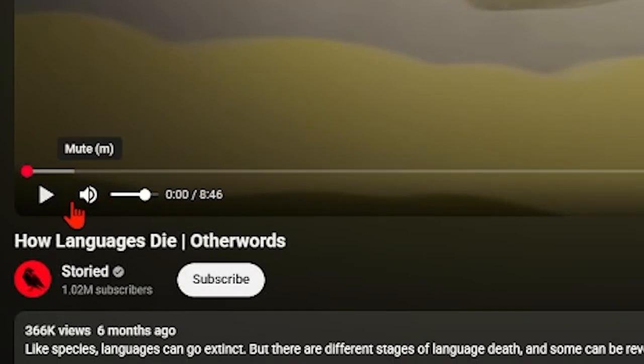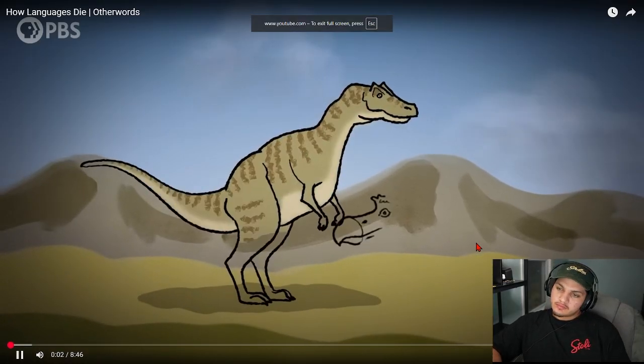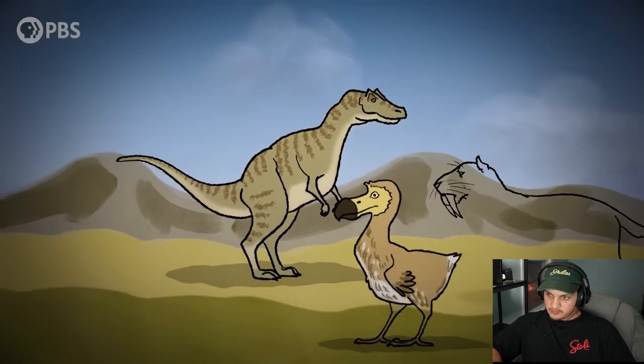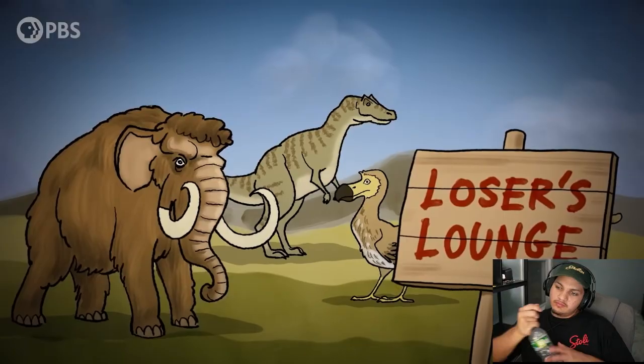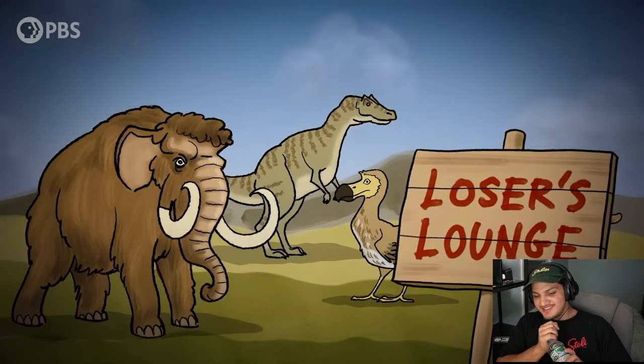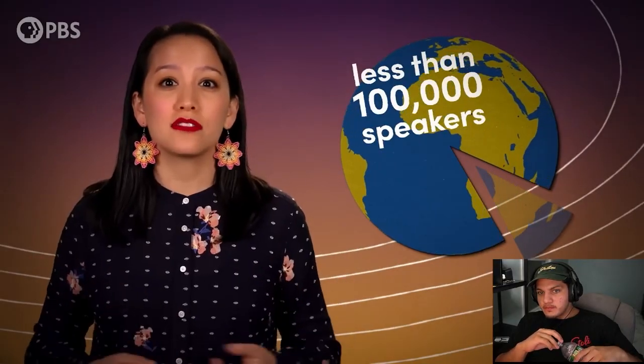Circle back into how languages die by other words. The word extinct might bring to mind dinosaurs and dodo birds, or saber-toothed cats and woolly mammoths. But animals aren't the only natural thing at high risk of extinction in the wild. Languages are too. It's estimated that of the approximately 7,000 languages worldwide, 90% are spoken by less than 100,000 people,